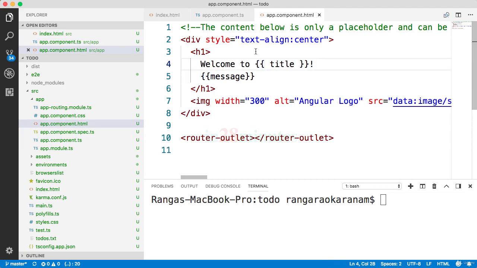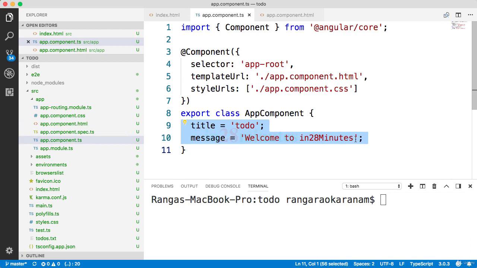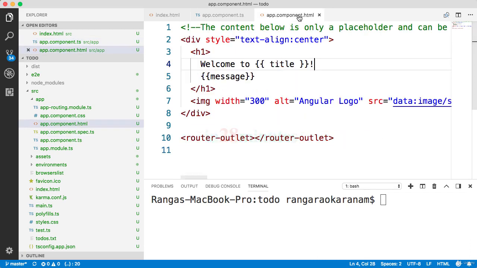I'll leave you with an exercise. What I would recommend you to do is create a few more data elements as part of this and make sure that you use them in your app.component.html. Play around with it and I'll see you in